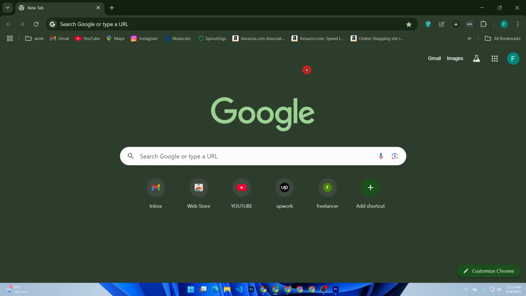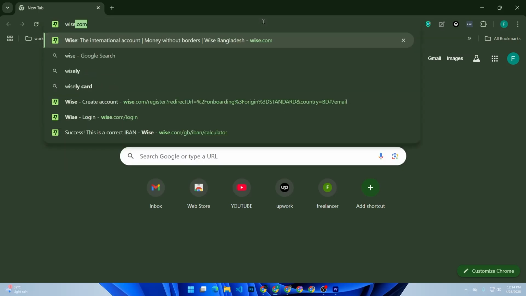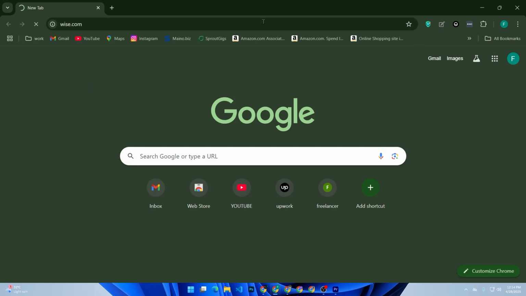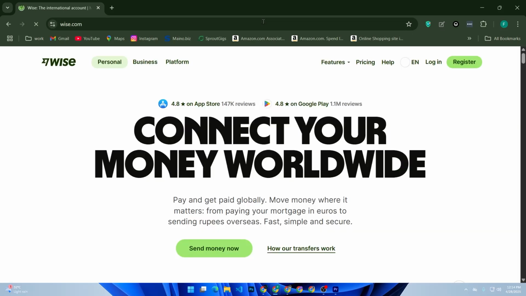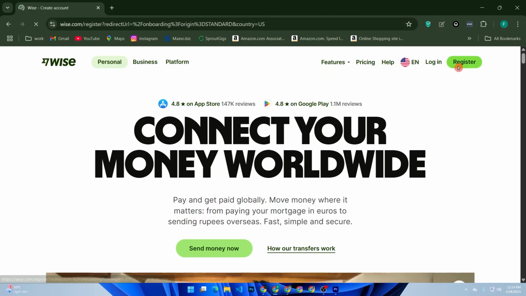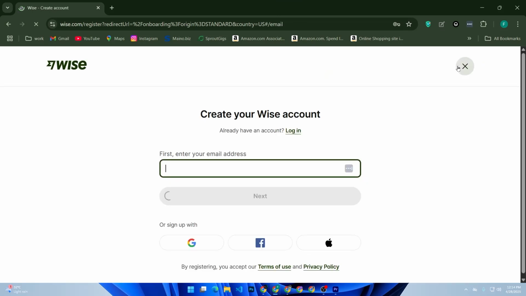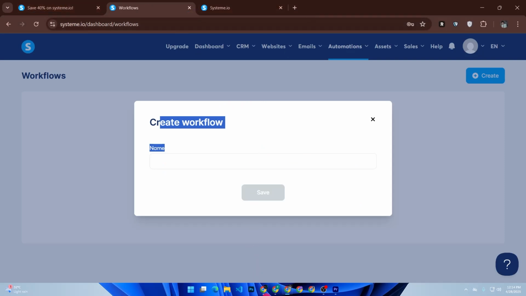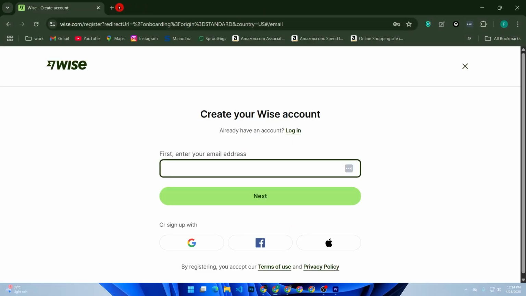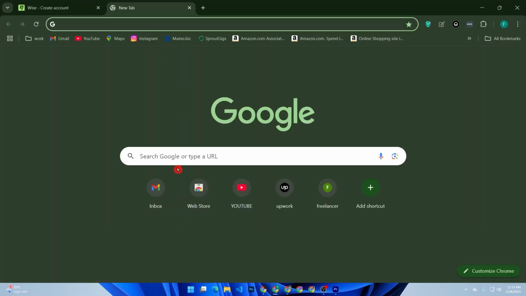To get started, go to wise.com in your browser. On the home page, click on the sign up or register button. In the top right corner, you will be asked to enter your email address and create a secure password. You can use your Facebook account, Google account, or Apple account to create an account. Just now enter your